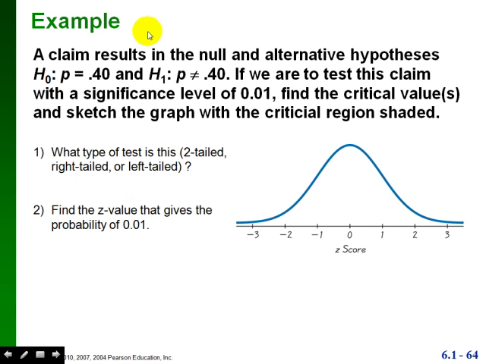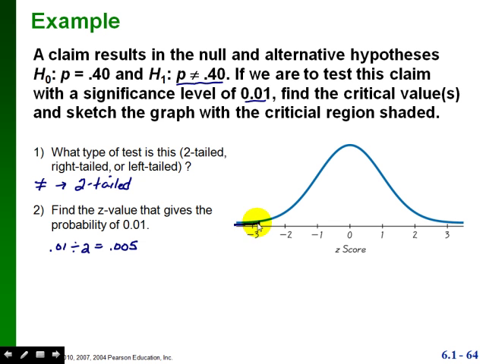Here's another problem. In this one, we had an alternative hypothesis that p was not equal to 0.4. And again, anytime that we have a not equal to, that automatically tells us we have a two-tailed test. So what we're going to do with our significance level this time is divide it in half and put half in each tail. So we would take our 0.01, divide it by 2, which gives us 0.005, and then